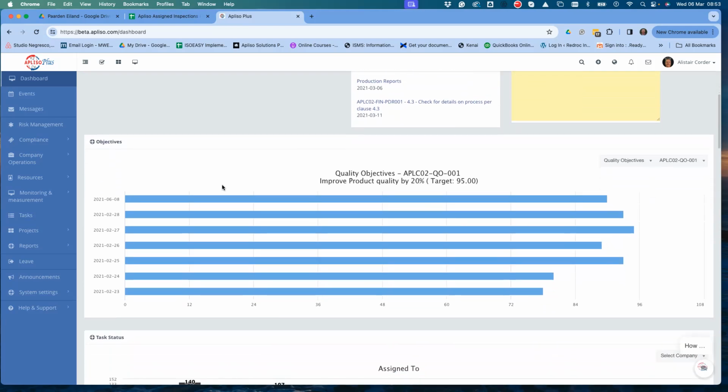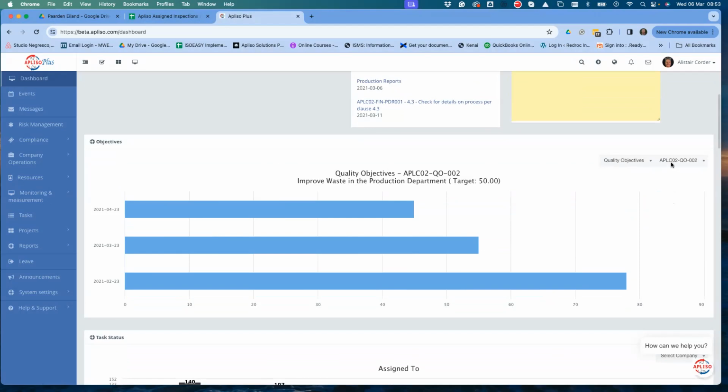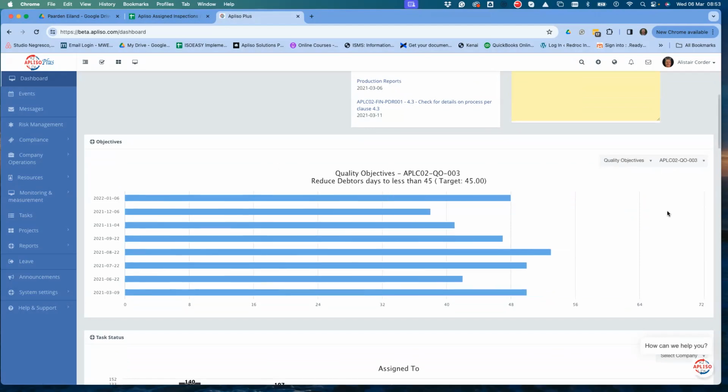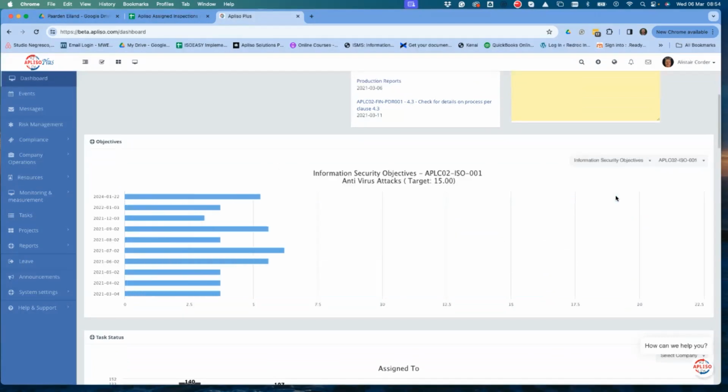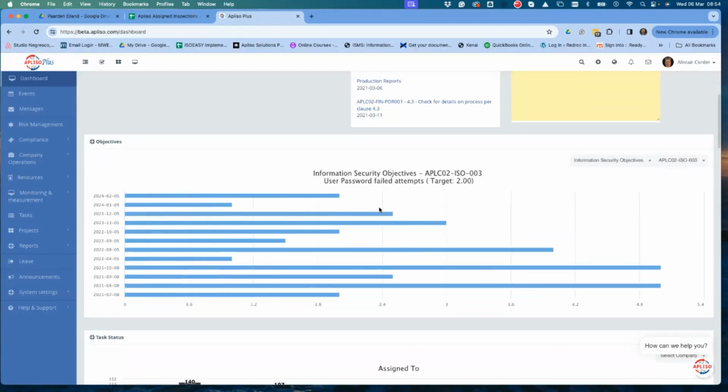The system has objectives. So if you're running ISO 9001 quality management, you'll see your quality management objectives here. And by clicking on the option here, you can see the results for each of the different objectives that you've selected and the results by month. If you happen to be running information security as well, you'll see the same thing. So obviously you've got to select the objective that you're looking for, and it'll show you what the results are